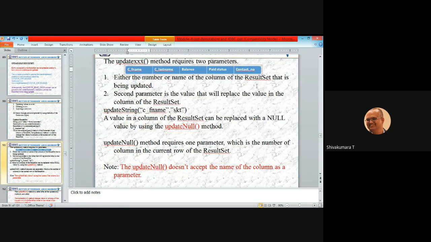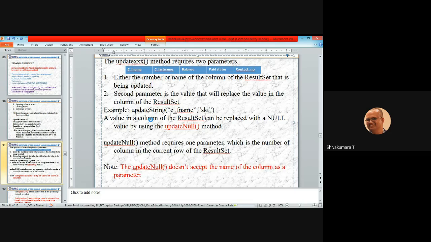Then, another example. A value in a column of the result set can be replaced with a null value by using the updateNull method. Suppose at the time of data entry, you may not know the contact number of that customer.